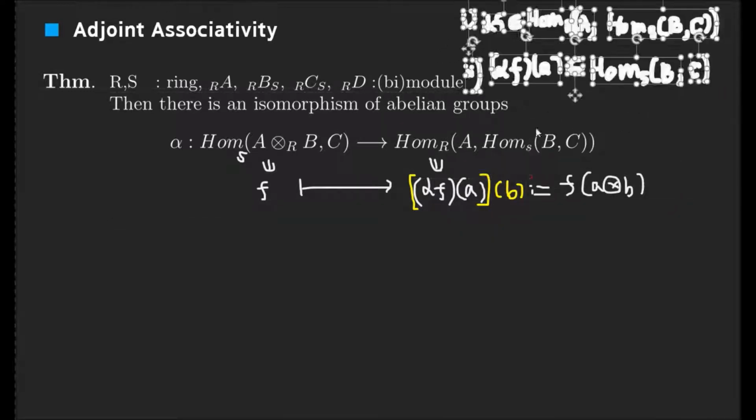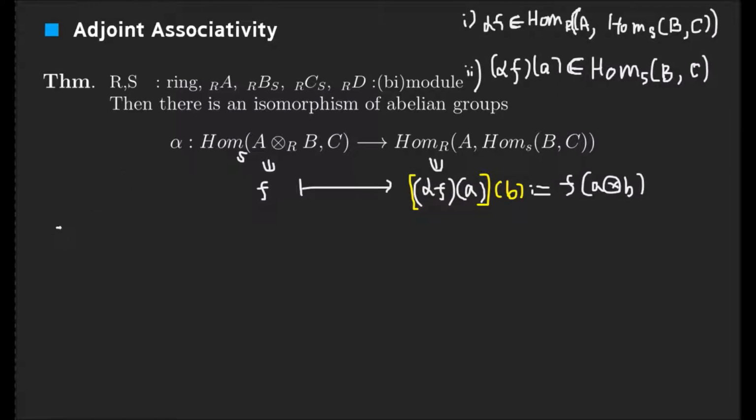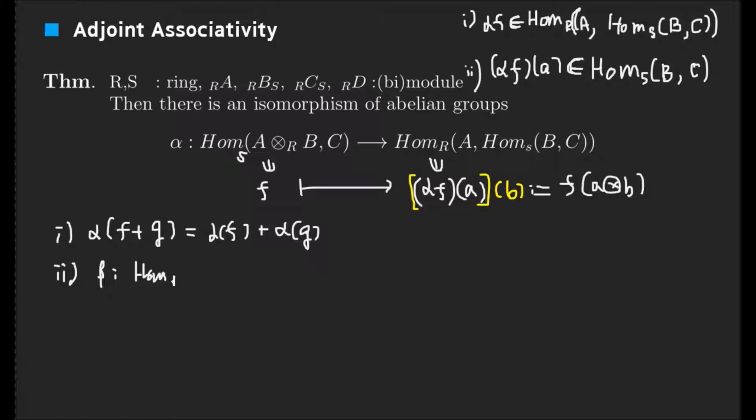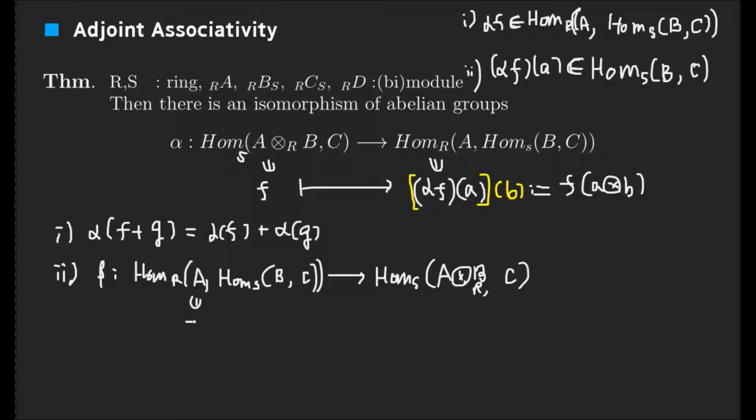Then, to check the isomorphism is clear, just check that alpha F G is alpha F, alpha G. To check these monomorphism and epimorphism relations, we reuse the lemma here. So this means we construct a new map beta from Hom R A, Hom S B C going to Hom S A tensor product B, C. If we choose the map G,